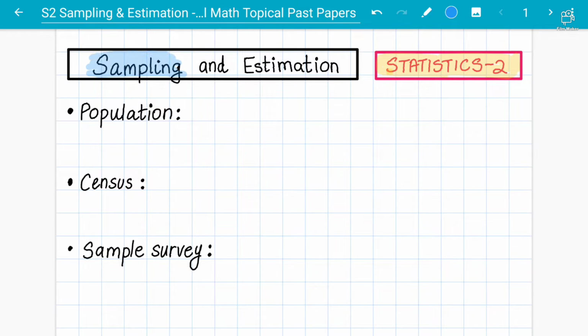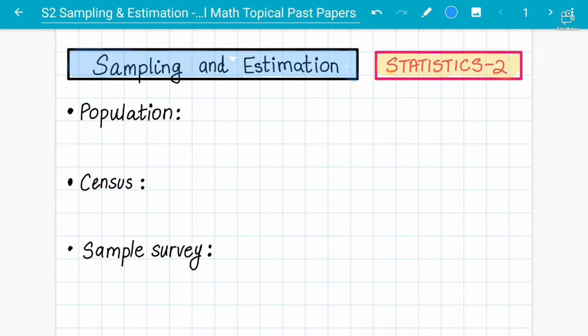First discussion will be about sampling, the concepts involved, and unbiased estimates of population mean and variance. We also have to talk about confidence intervals in this chapter, but there are some basics about it which are also tested in past papers. And we have to talk about the sample mean, x bar, and variance.